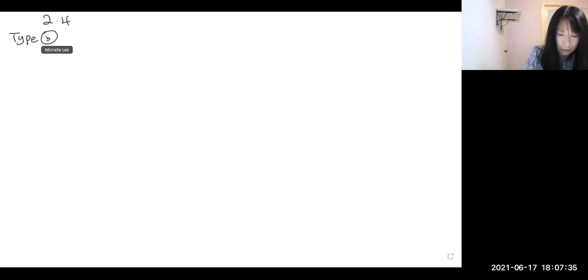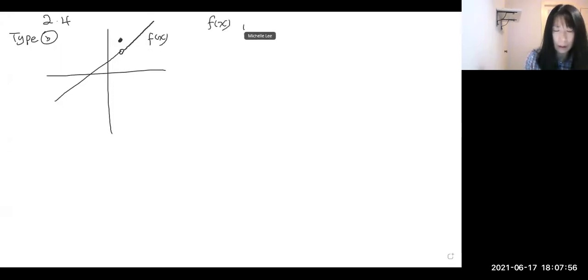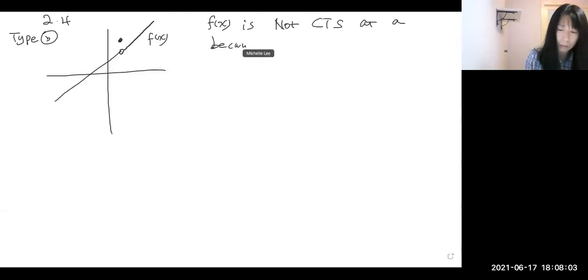So look, this one. Okay, and here, this one, say f of x again. So the function f of x is not continuous at a because the limit when x approaches a, f of x